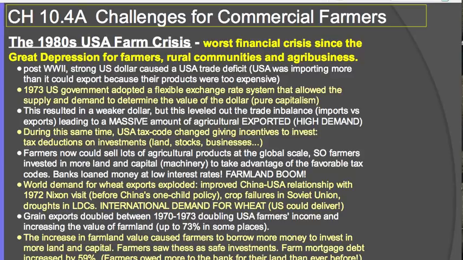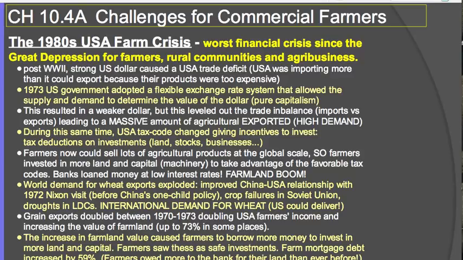It was valued very high, and because of this, people couldn't buy products from the United States. So the United States was importing more products. They were buying more from other countries than they were able to export. So this was an imbalanced trade. Countries usually like to sell more than they buy. And so because of that, the United States